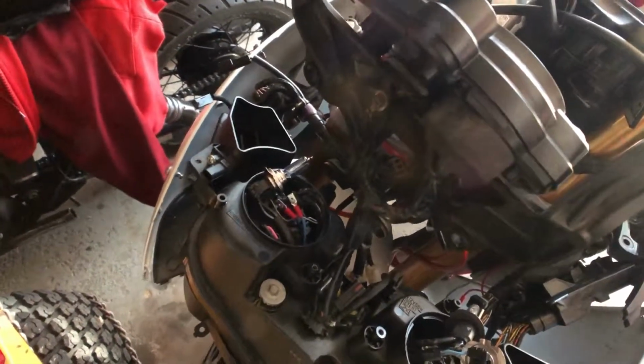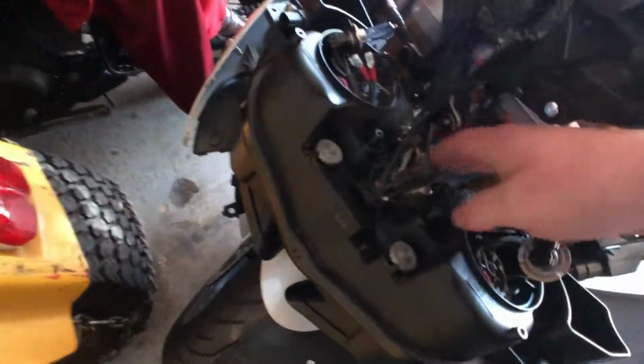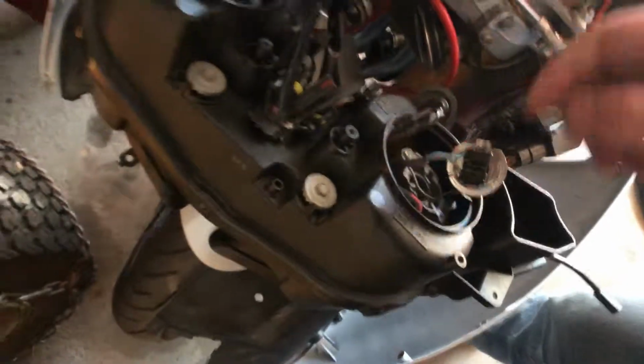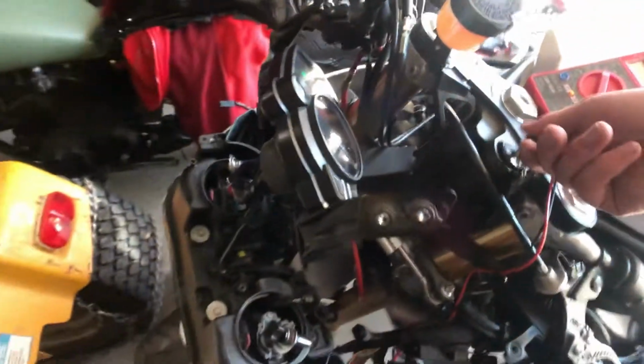Hopefully they'll work, and then if they do work, I'm gonna go through and rip all the HID stuff out, like this stuff here, and then like these bulbs and stuff. I already unplugged most of the other stuff, it's all sitting over there. So I'm hoping this works. I mean, it should, but